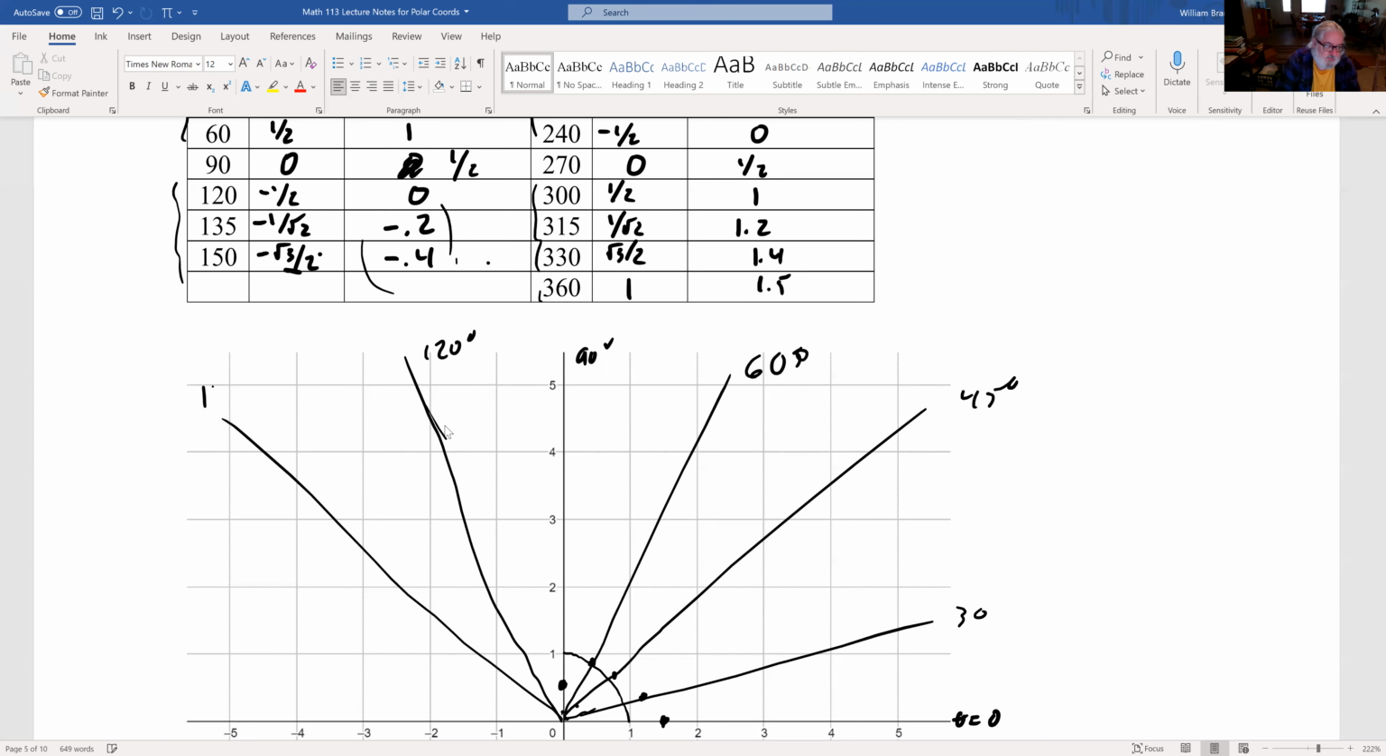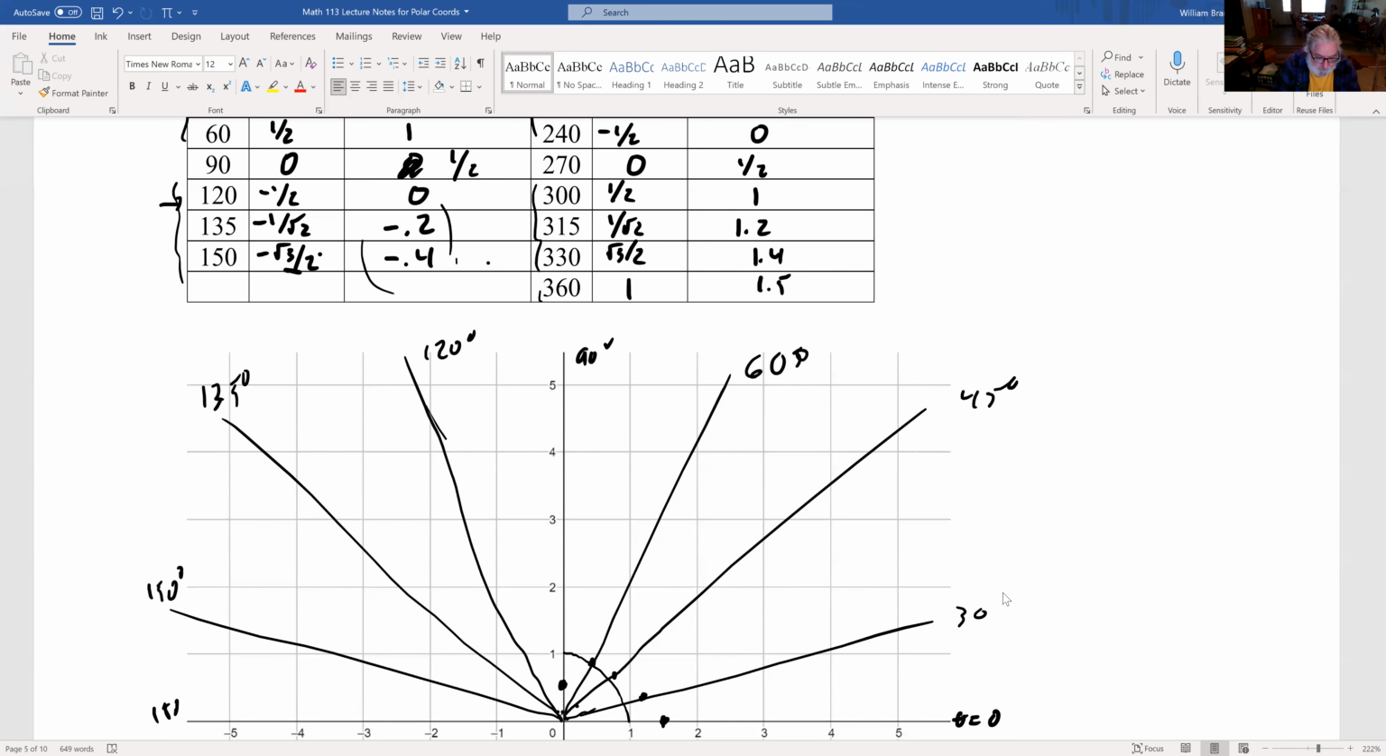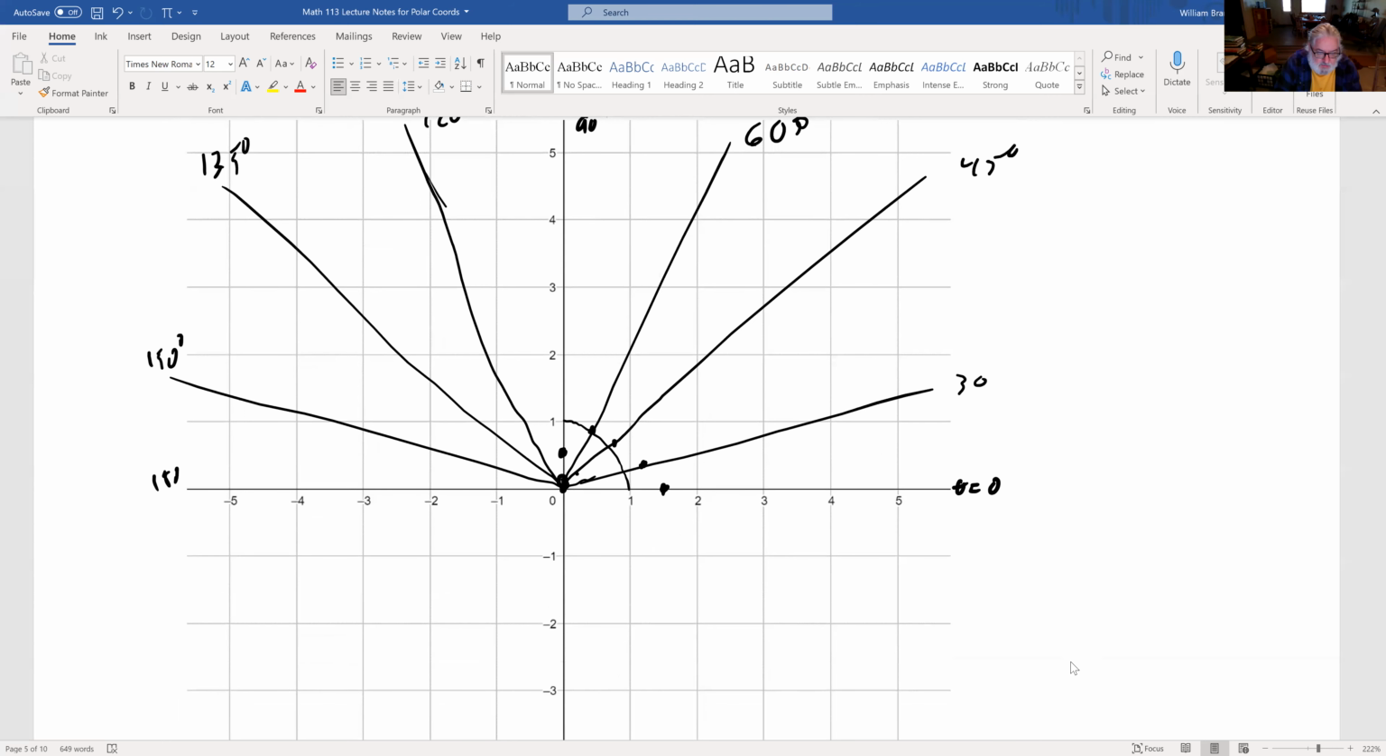135 is the 45-degree angle out here, and 150 is an angle out there, and the last one is 180. So at 120, we're actually at 0. So on the 120-degree axis, we plot the origin. At 135, we're at minus 0.2. So keep in mind that 1 unit away from the origin is roughly this circle. If we're at 135 and we want to go minus 0.2, that means we have to go in the